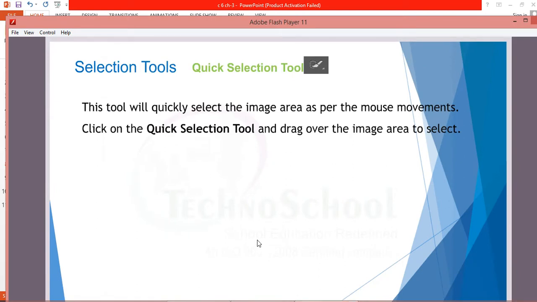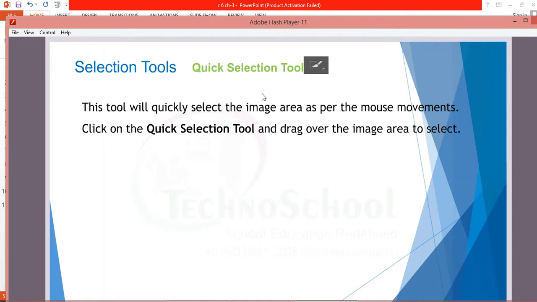Now let us go for a new concept called the selection tool. Under the selection tool, we have two concepts, the quick selection tool as well as the magic wand tool. But in today's section, we are going to see in detail only the quick selection tool.